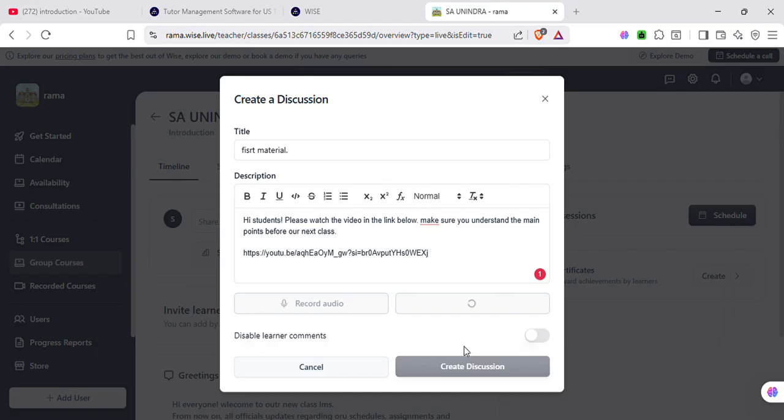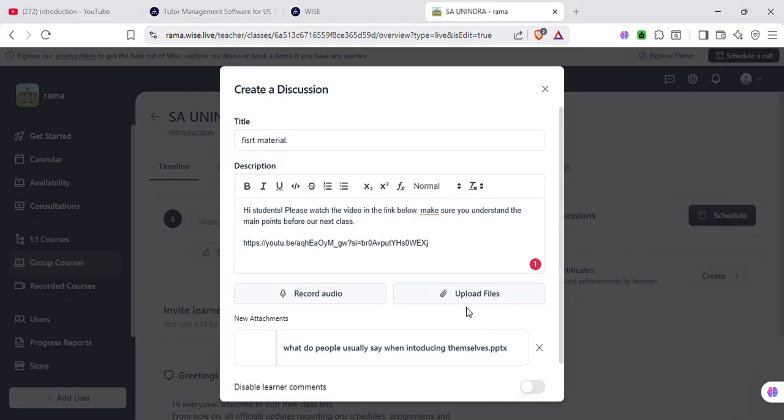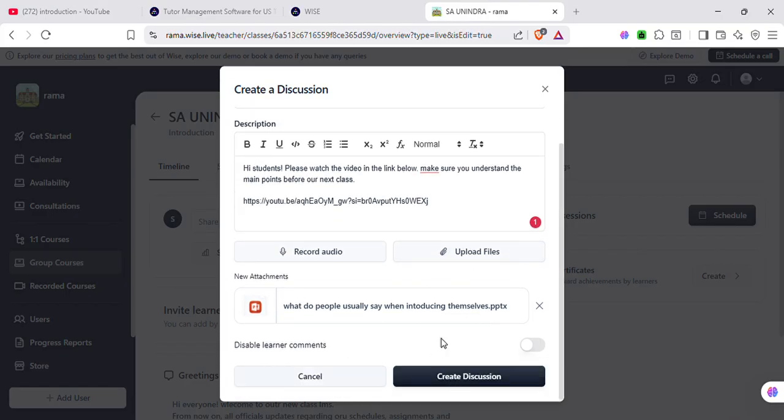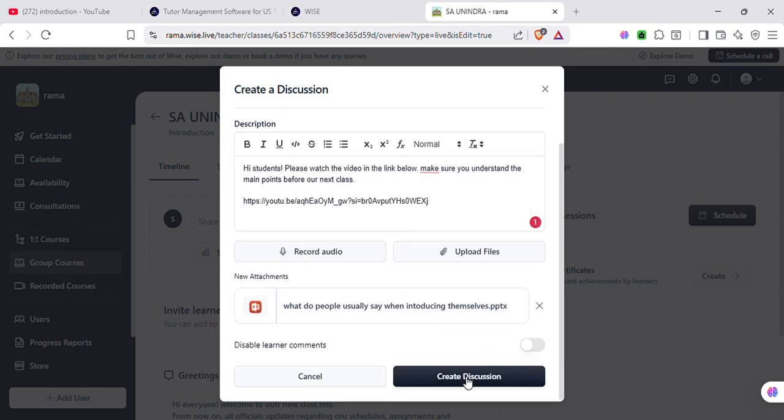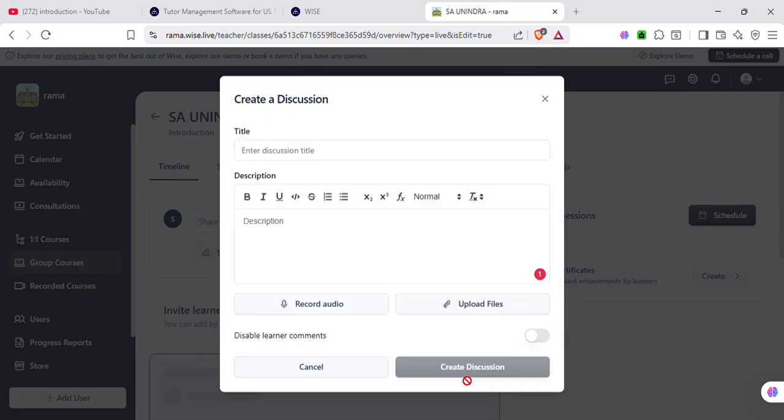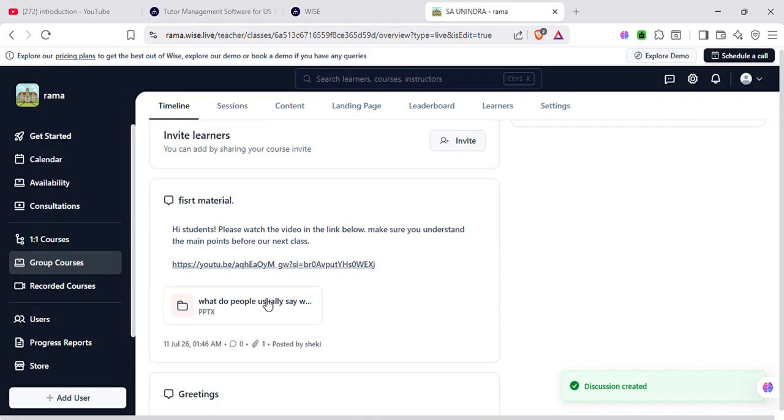We have to wait because my connection is unstable. Okay, and then click create discussions. We succeeded to upload the materials.